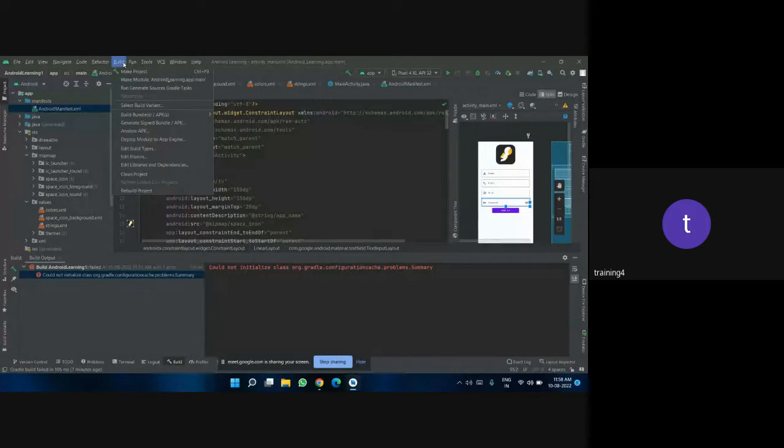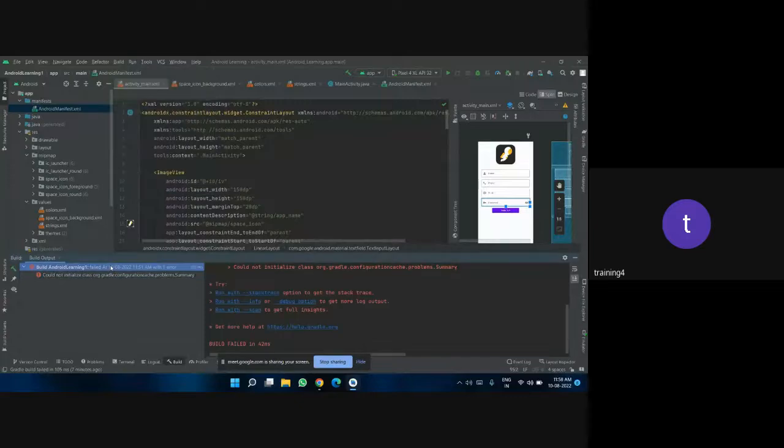Ma'am, the virtual device is not getting supported on my laptop. So how can I delete them from my system, so that I can use the